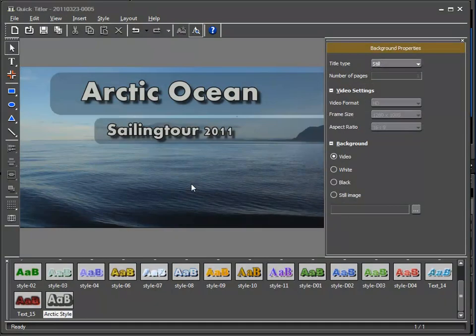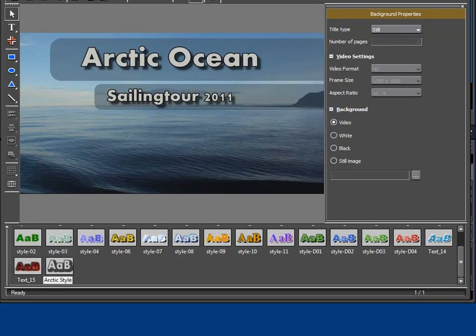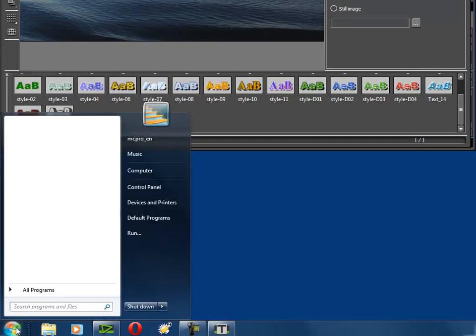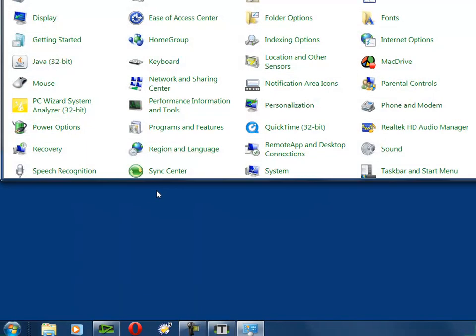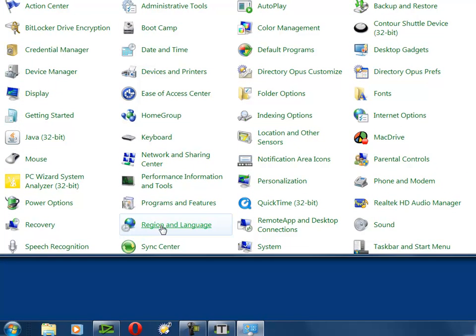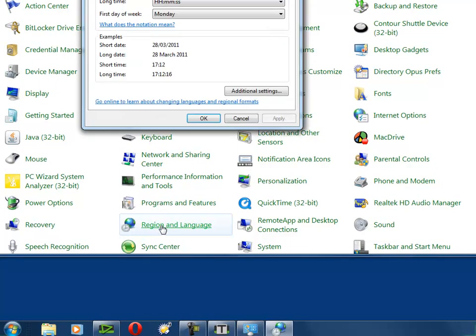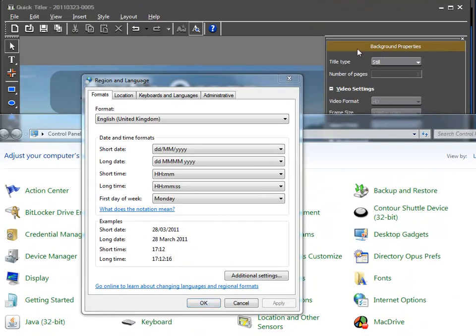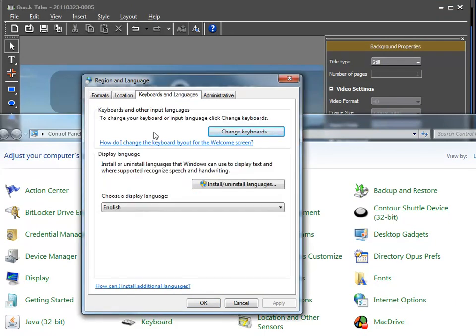Apart from special characters, we also have the possibility to write in a different language, for example, in an Asian font. In order to do this, you do need a version of Windows which has had multiple languages installed. If this is the case, then over the Control panel and in the Region and Language section, I can call up this window. And there, in the subsection Keyboards and Languages, I have the option that allows me to change keyboards. When I click on Change Keyboards,